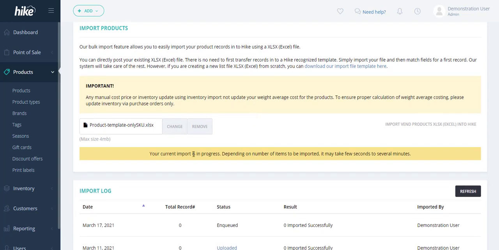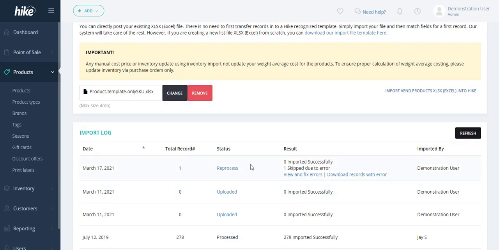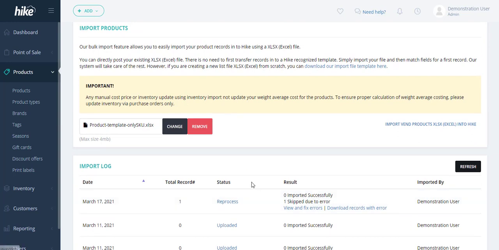So as you can see, your current import is in progress, and if you have a large number of files, it can take a couple of minutes. As you can see here, the file that we've queued in is now listed below in the logs. So if we select refresh, what will happen here is that you can see that 0 items have been imported successfully and 1 has been skipped due to an error. So as you can see here, we've deliberately had an error put into the file from there, but if we select the view and fix errors button,